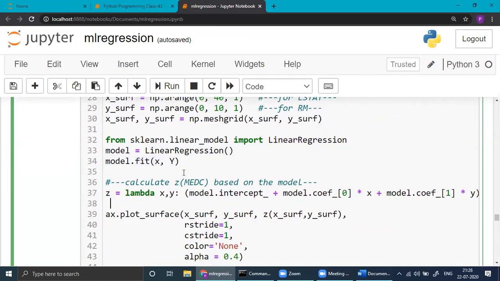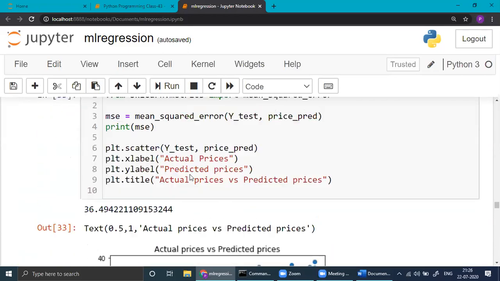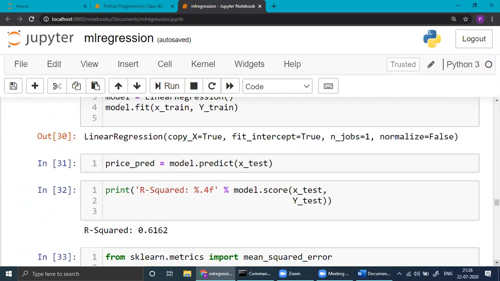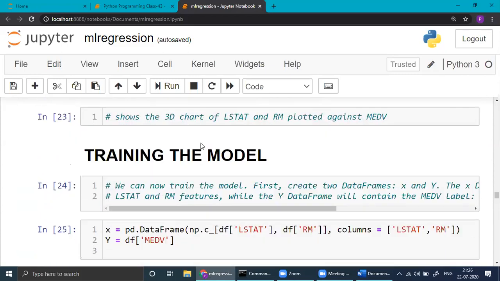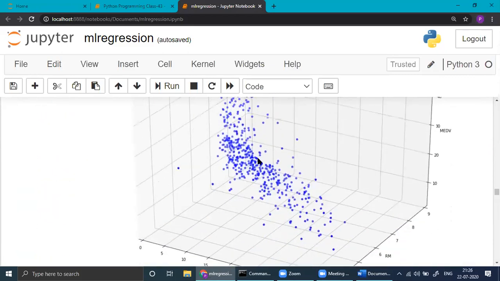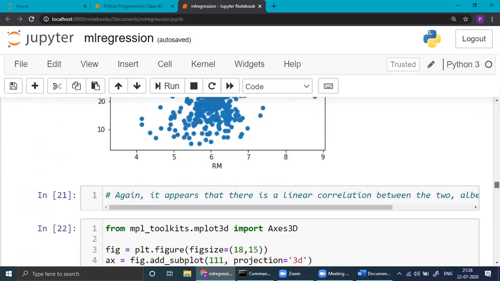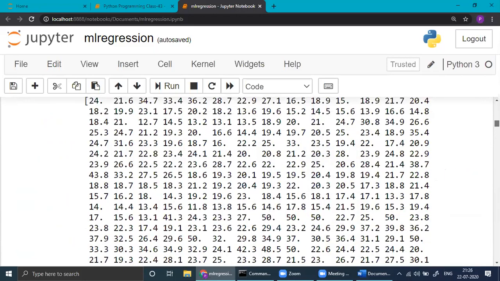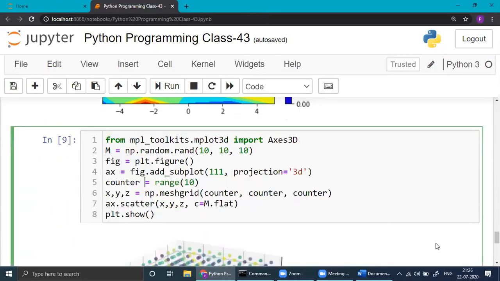So if you want to use all these, you have to go back and draw this one first. Then all these things you will be needing. This is the scatter plot in 3D. Then you need a plane. When we go to machine learning, we'll do this there. So let's not worry about that now. We'll complete this.